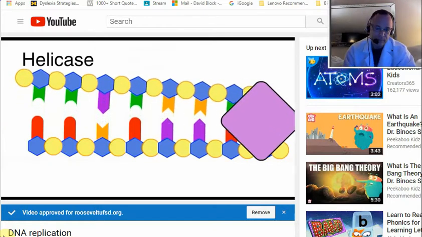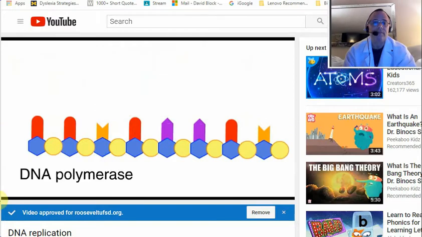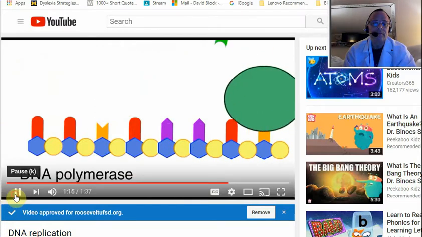Helicase separates the original strands of DNA. Then, DNA polymerase adds the nucleotides to make